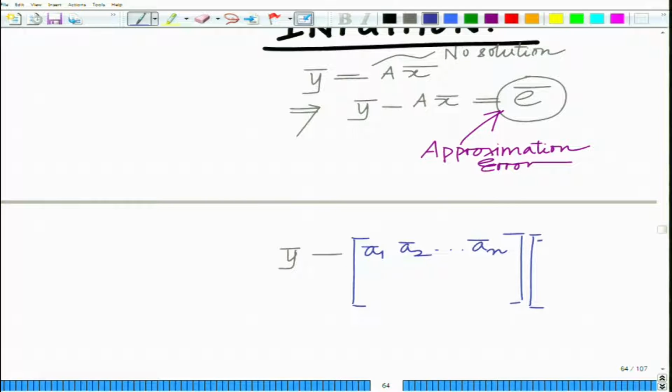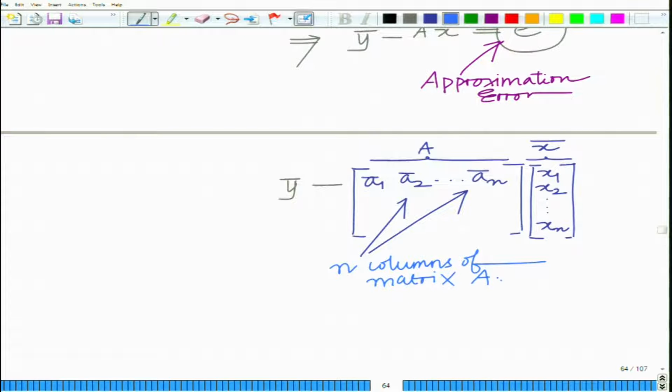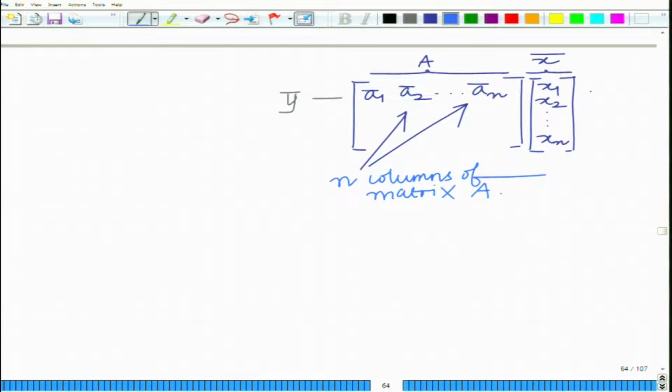times x1, x2 up to xn. So this is your matrix A and this is x bar. So these are the n columns of the matrix A. And so this is equal to e bar,